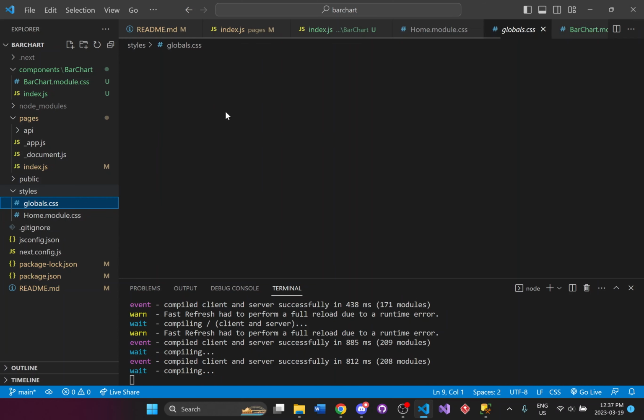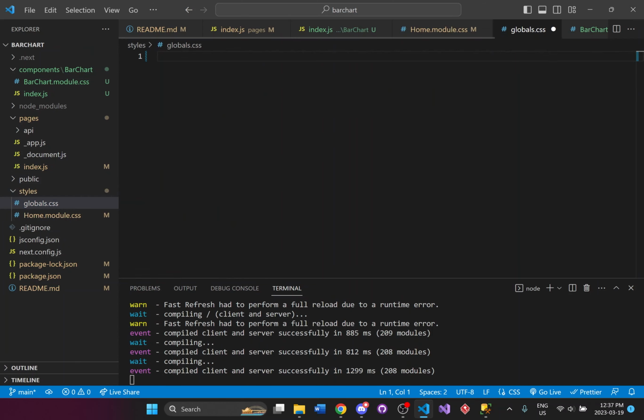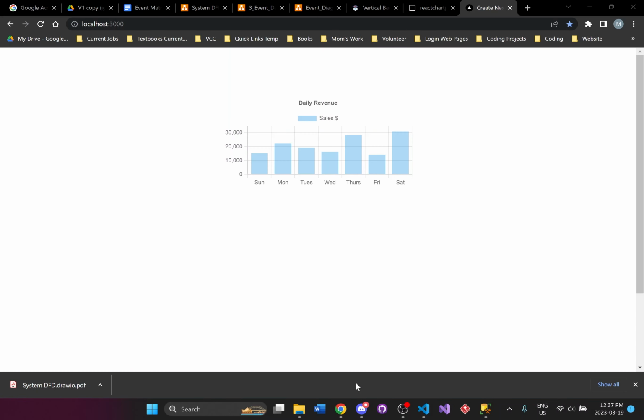And globals as well, I'm just going to delete everything just so I get rid of the default stylizing. And if I go back here, you can see that we have the bar chart now set up. And if I hover over it, these are the little tooltips that are showing the information based on the bar that you are hovering over, and you get some information. And of course you can stylize it however you like, you just have to read through the documentation.